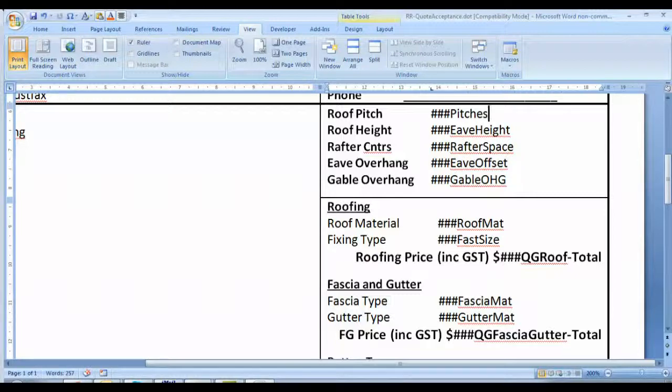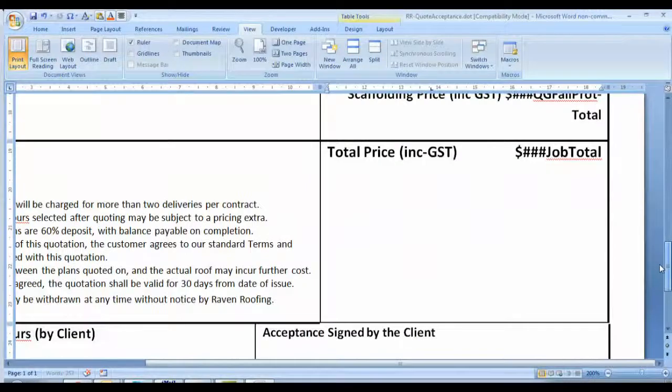If there are multiple pictures on the roof, it will actually display multiple pictures. Hash, hash, hash, pitch displays one pitch. So let's use pictures. Well, I've just edited the template. The other thing I could do is, let's put down here, dollar, that'll be regular text, 3 pound signs or hashtags,